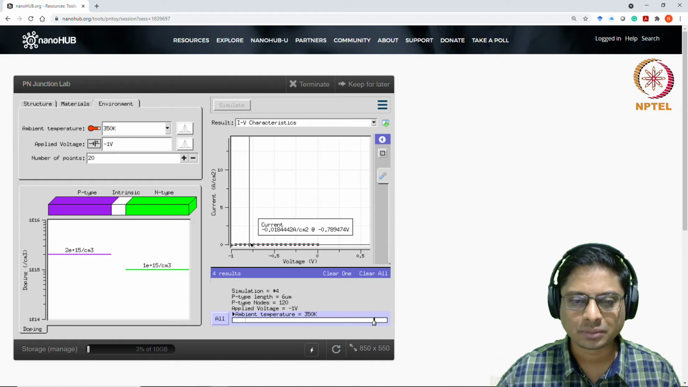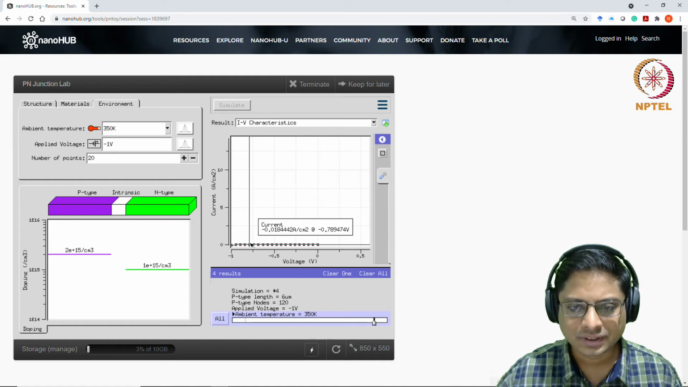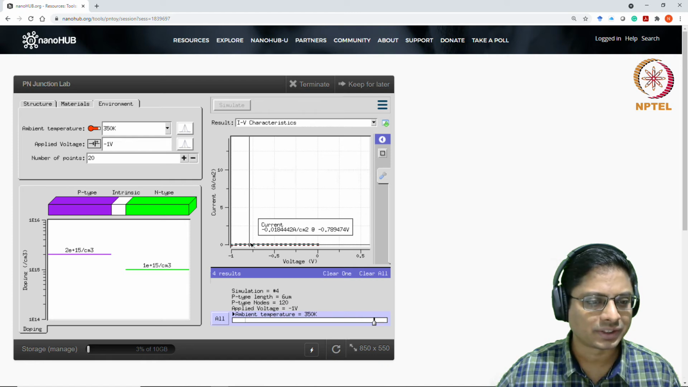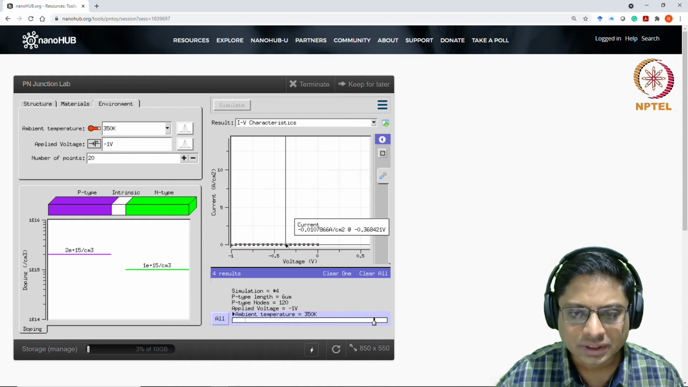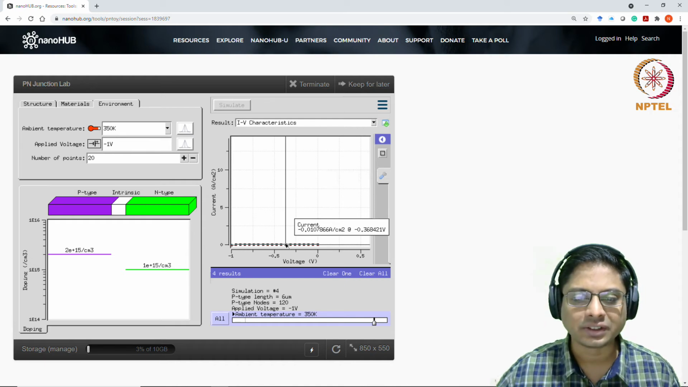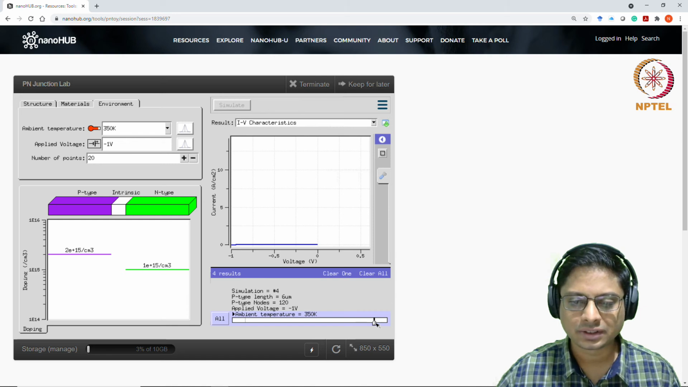So the saturation current is 0.18 amps per centimeter square. I don't know what area was assumed here. That would depend on the area as well. Oh, okay, per unit area. Okay, so this seems to be reasonably large actually. Let's see. Compare this with the